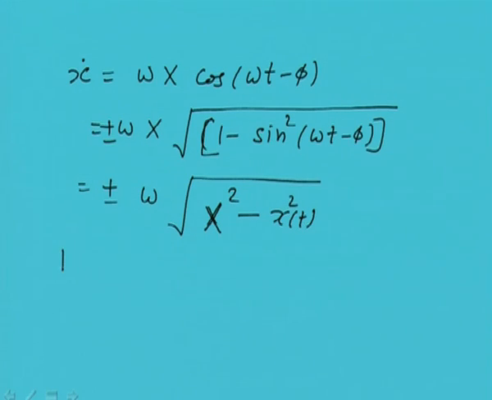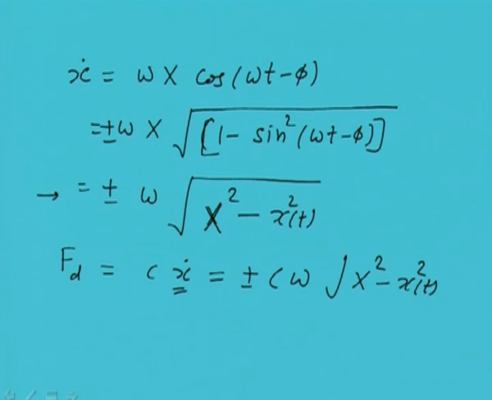term can be used to obtain the damping force, which is given as c x dot, and if you substitute x dot from here, we will get the damping force like this. This is time dependent, this is the amplitude, and if we square this term, we will get Fd square is equal to c square omega square times X square minus x square, and this we can rearrange like this: